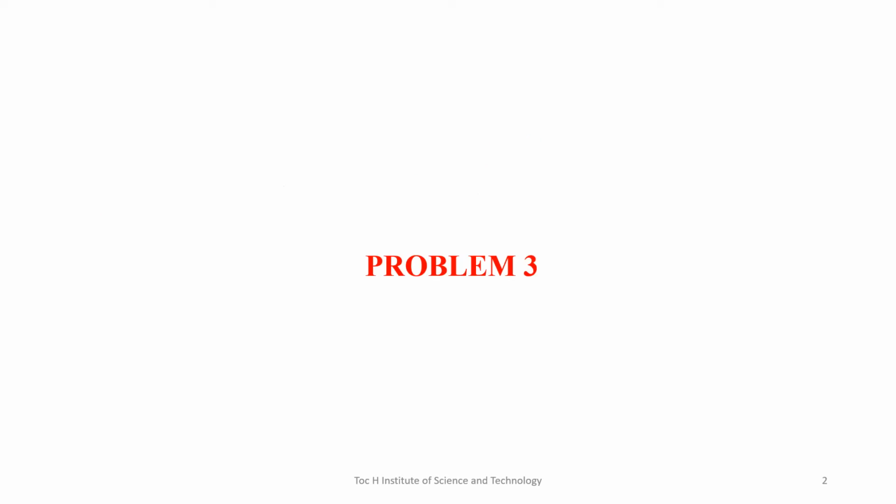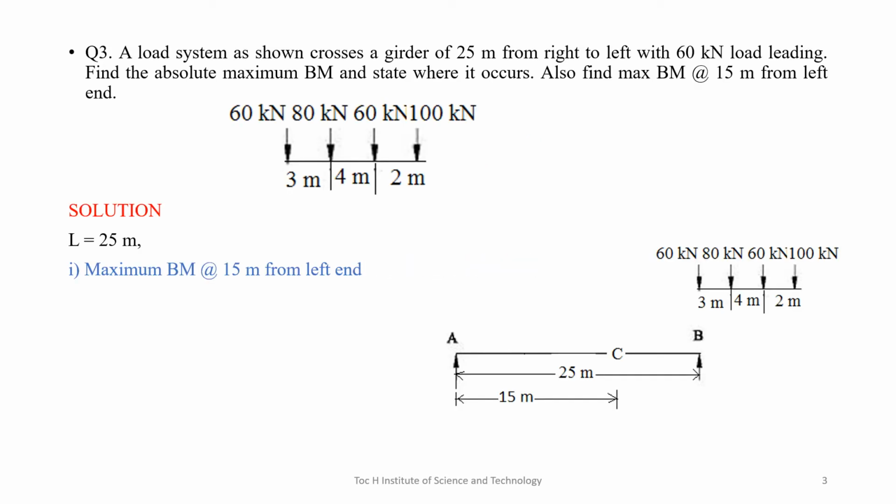Okay, so problem number 3, in which a load system as shown in figure crosses a girder of 25 meter from right to left with a 60 kilonewton load leading. Find the absolute maximum bending moment and state where it occurs. Also find the maximum bending moment at 15 meter from left end. So here the difference in this question is that the series of loads moves from right to